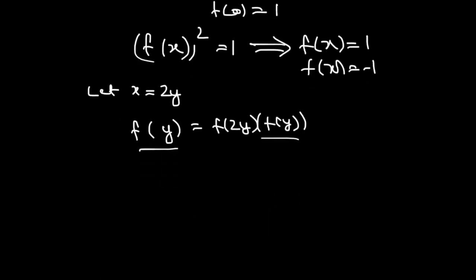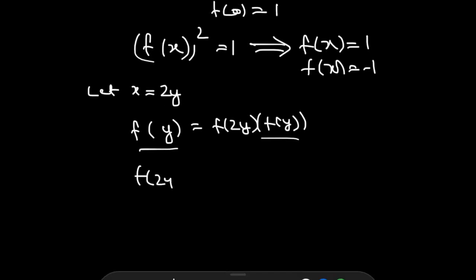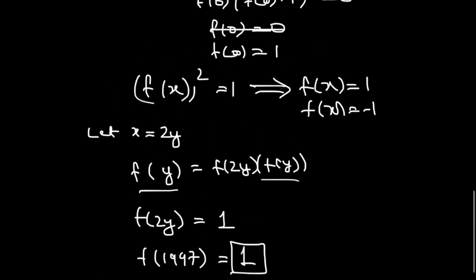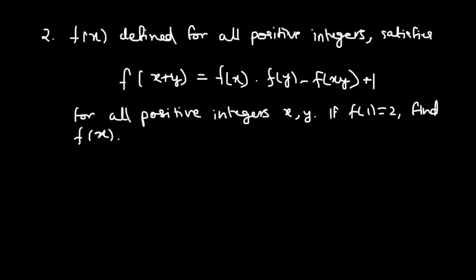And we end up with f of 2y equals 1. Since this holds for all values of y, we have f of 1997 equals 1. So this agrees with our earlier finding that f of x equals either 1 or negative 1. Alright, so what we just looked at was an example of how to find a specific value when we're given